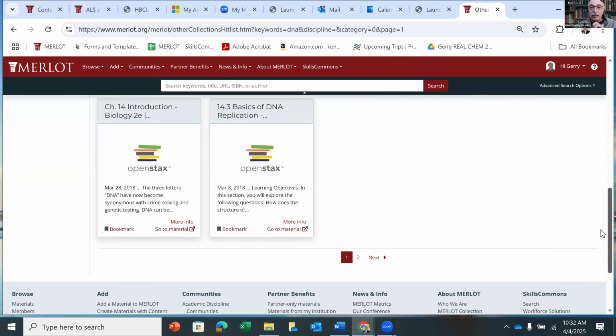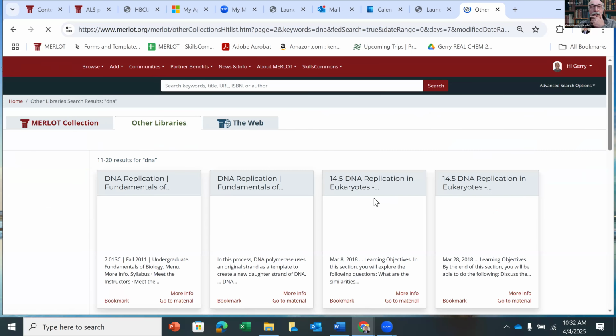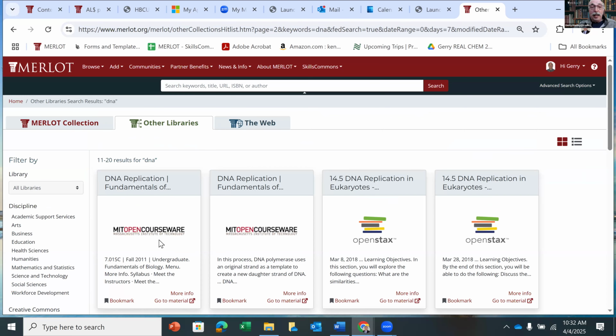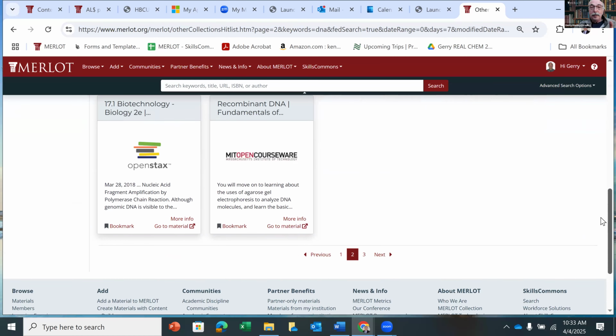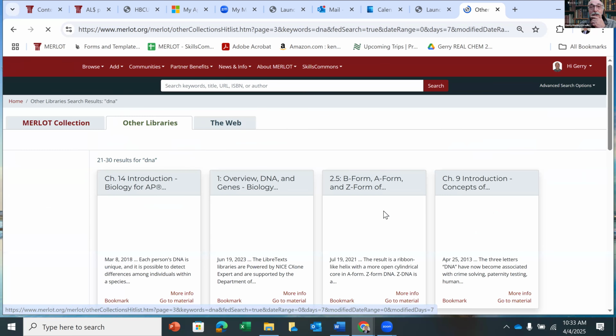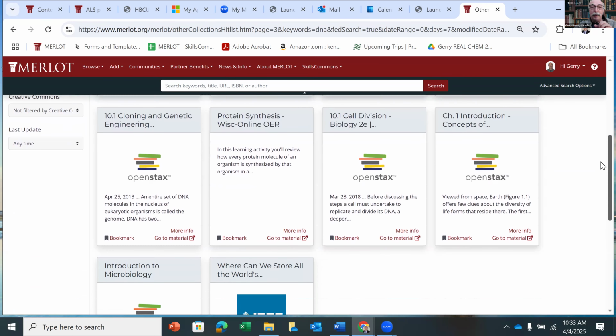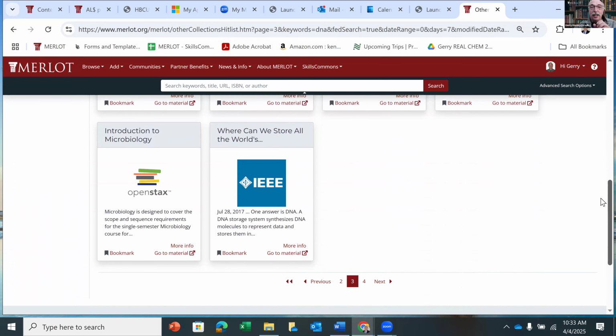And then you want to say, what else do they have? And you just click on next. Oh, here's MIT OpenCourseWare that's available. And you might want to say, what else do they have? They got more stuff. Oh, here's LibreText, another free one. Wisconsin Online has stuff. Oh, IEEE.